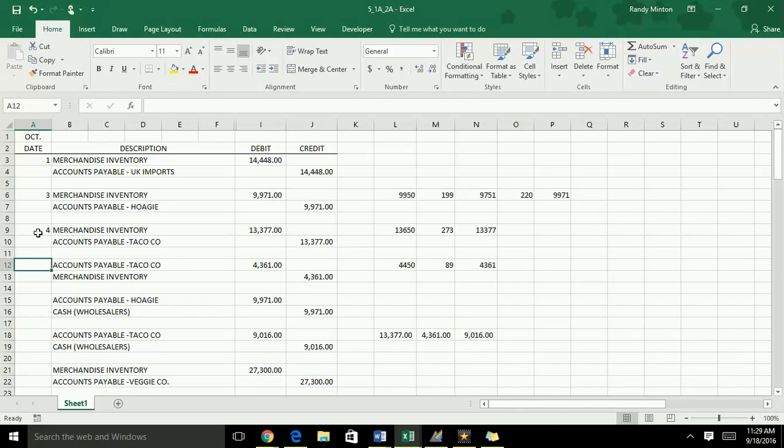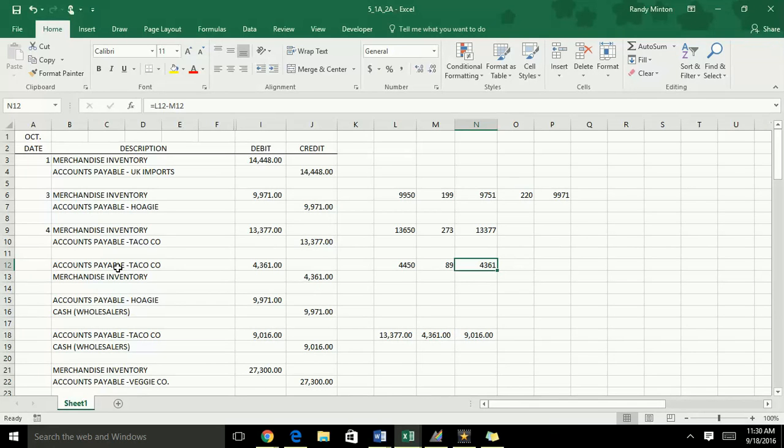Okay? So when we issue the debit memo, since we only recorded the accounts payable here at the net minus the discount, when we issue the debit memo to Taco, what we're going to do is subtract the 2% from it as well. So if we look at the calculation that I've done over here, we started out with $4,450. We had a 2% discount that we had to take off of that, so the actual amount of the debit will be